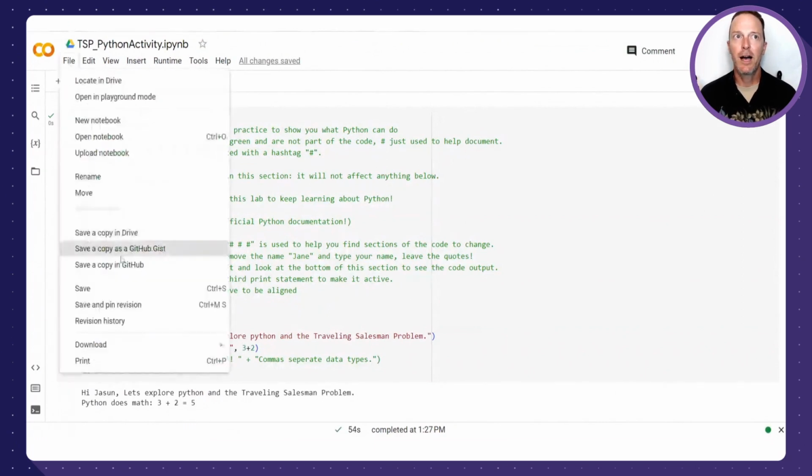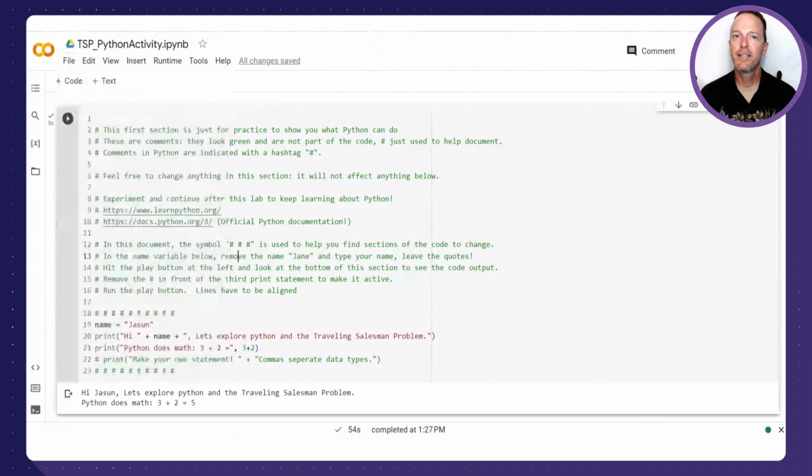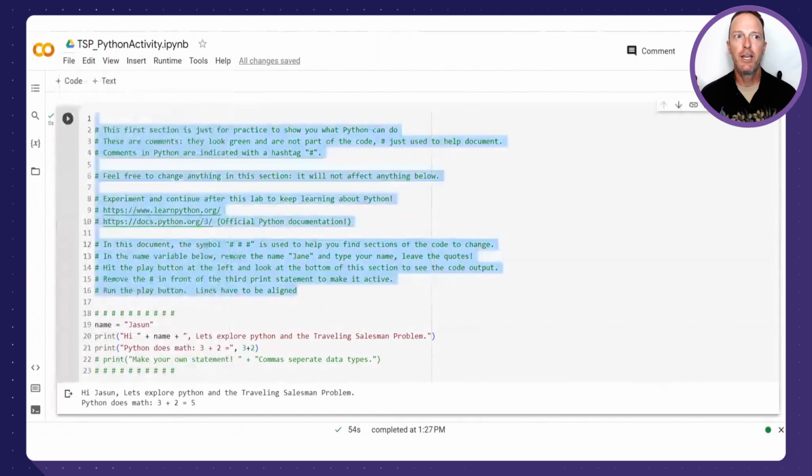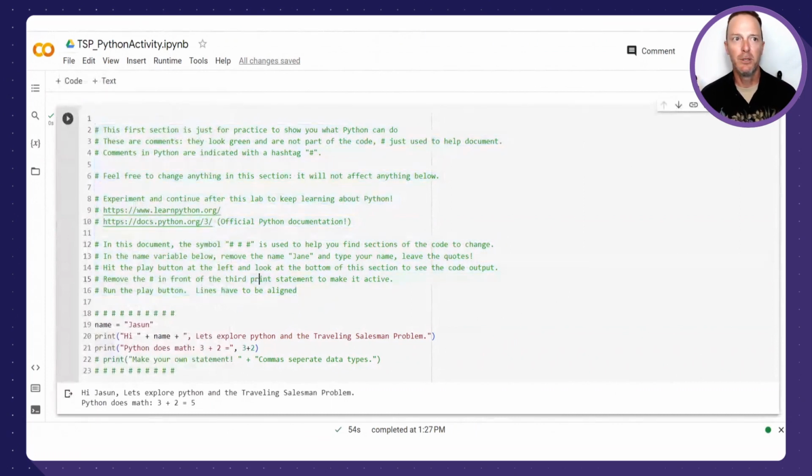All the sections in green are comments. So those are actually not coding sections. Those are just part for you to review and to learn about how Python works. And the parts you can change have no hashtag at the beginning and are in black, red, or usually blue. So I'm going to go here and input a name here or change the math here.